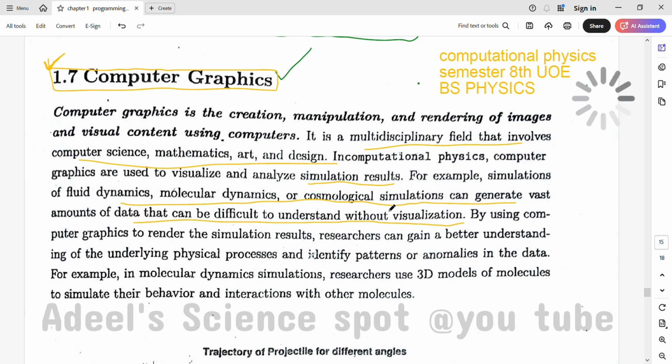That means we have some kind of complex data, some kind of complex sampling, that we will not be able to see with the naked eye. But with the help of computer simulation and computer graphics, we can construct a visualization, a 3D image, a 2D image, or an animation video which gives detail about that kind of random sampling or data. By using computer graphics to render the simulation results, researchers can gain a better understanding of the underlying physical processes and identify the